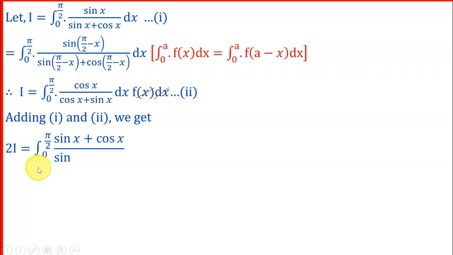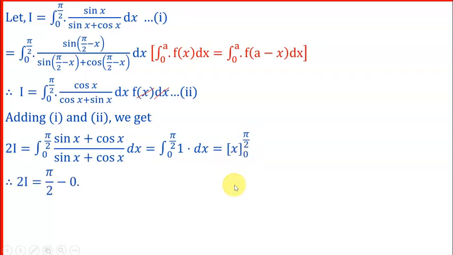You will get here 2I is equal to integral 0 to pi by 2 sin x plus cos x upon sin x plus cos x dx. Okay, numerator and denominator both are equal. Therefore, their ratio is 1. Therefore, integral 0 to pi by 2 of 1 dx. What is the integral of 1? It is x from 0 to pi by 2. Replace here x with the upper limit pi by 2, lower limit is 0. 2I is pi by 2 minus 0,